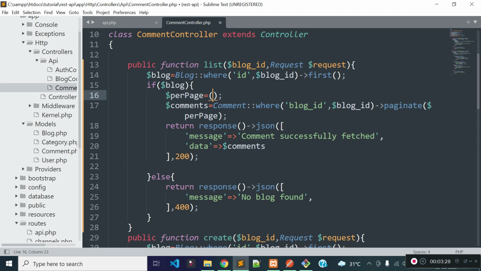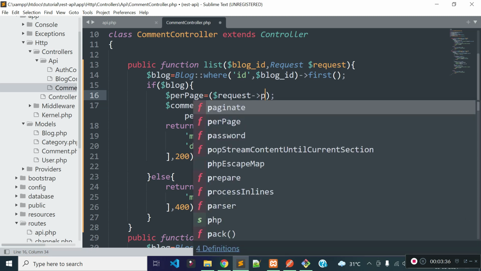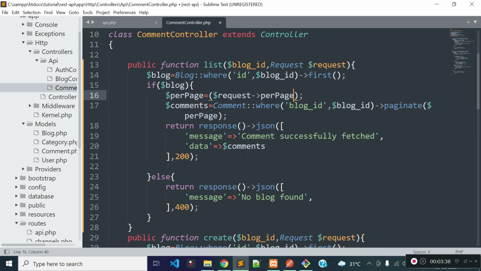So we can check if the request has per page, that means per page is present inside our request parameters, then I will take the request parameter value. And if no per page value is present, then I will make it 5. This is the default per page value, and I am passing it to this paginate method.